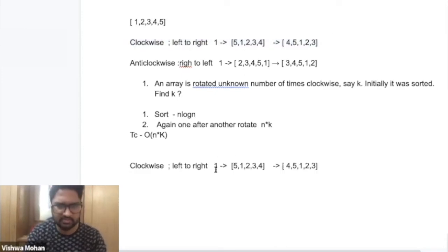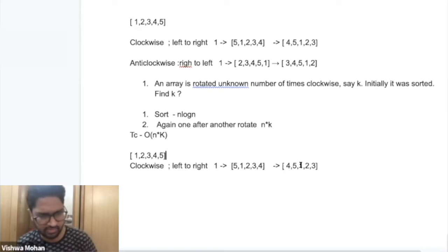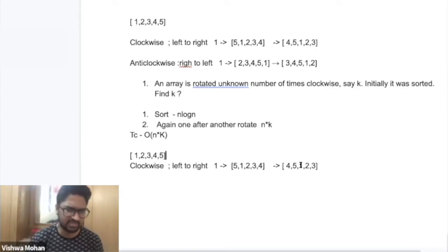Initially the array was like this. The smallest element 1 is at position 0. When I rotated it once, it went to position 1. When I rotated it twice, it went to position 2, right? So when I'm rotating an array clockwise, the number of times that I rotate is that many positions the smallest element will move to the right.